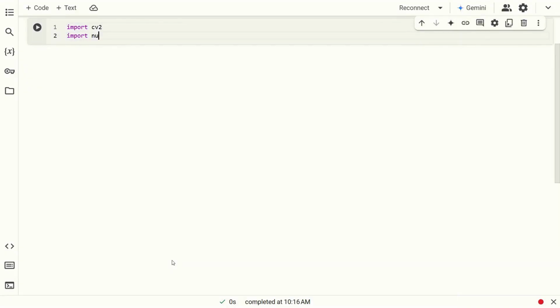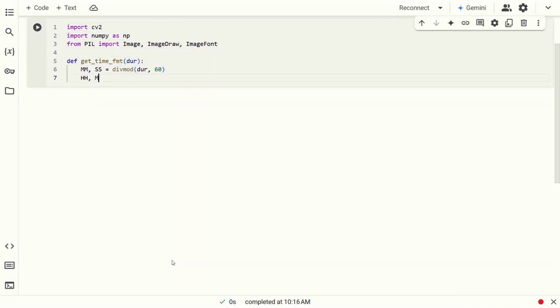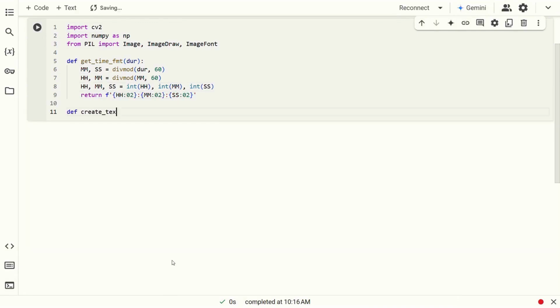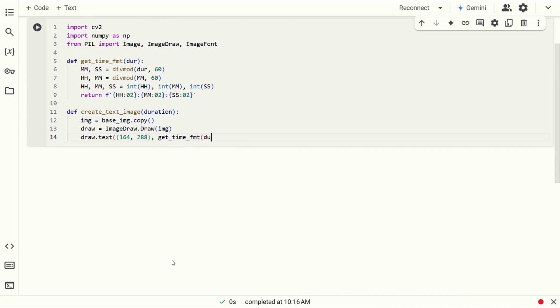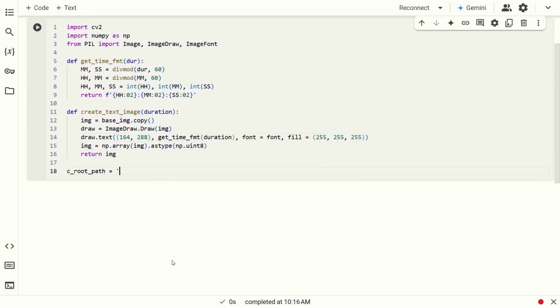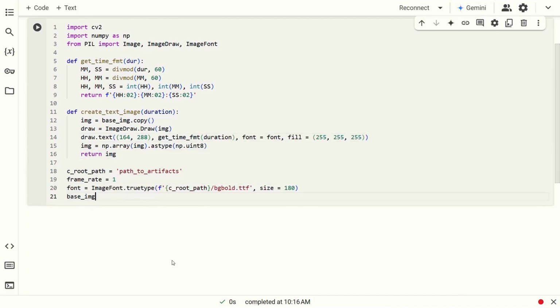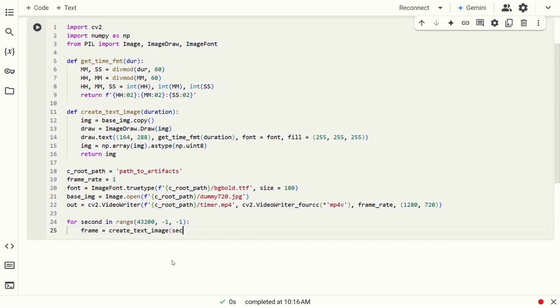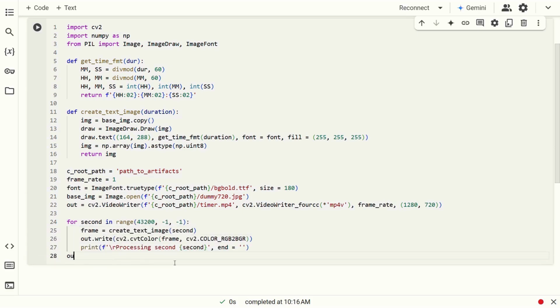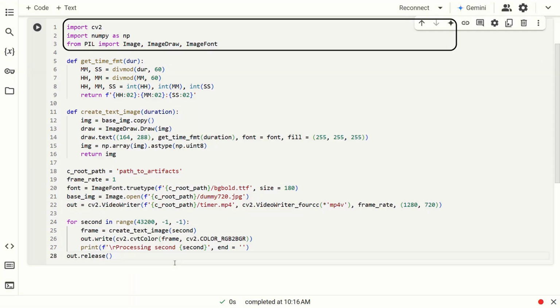Python is an amazing programming language that makes it easy to create exciting projects. With its extensive standard library, you can quickly import and use various modules for your tasks. For example, on your screen is all the code needed to create a 12-hour countdown timer. The first and most important step is the imports. In this case, we're using the Python Imaging Library, PIL, and OpenCV to build the timer.